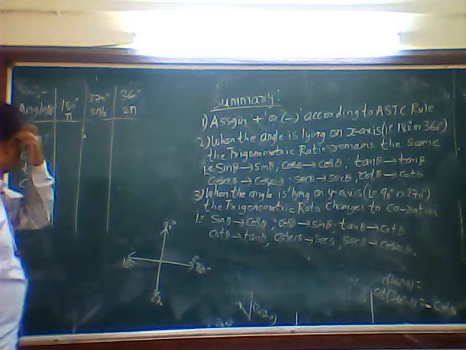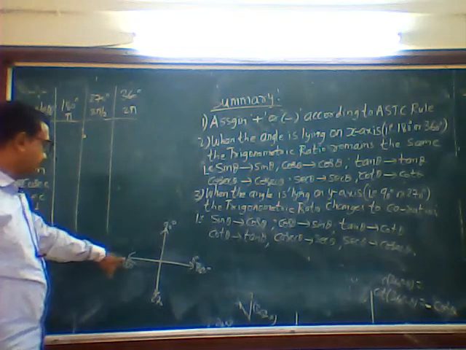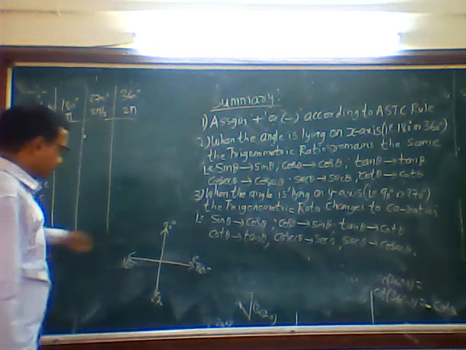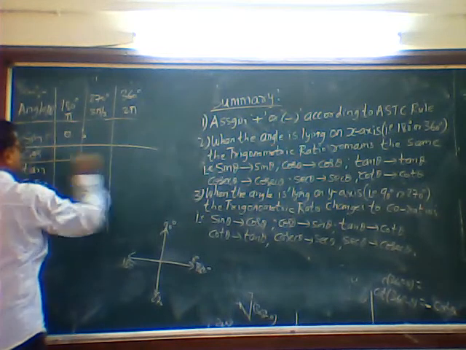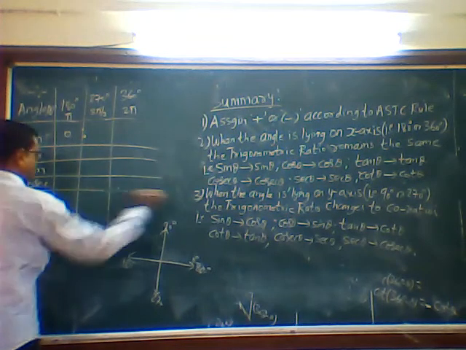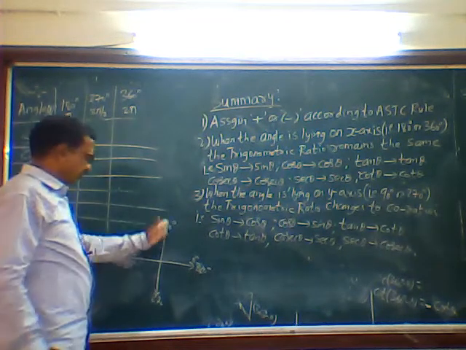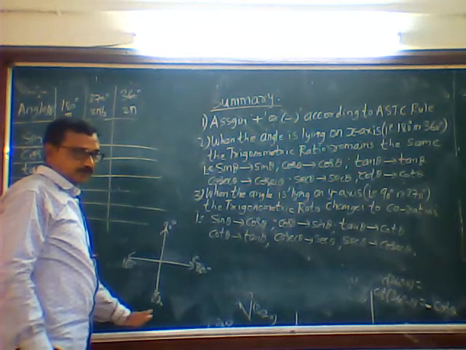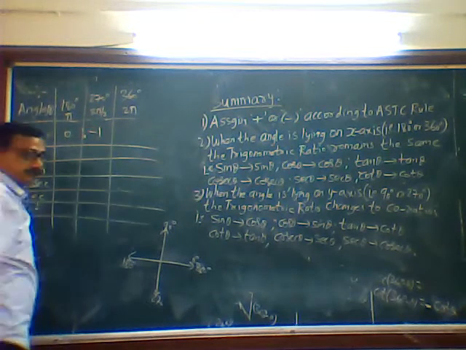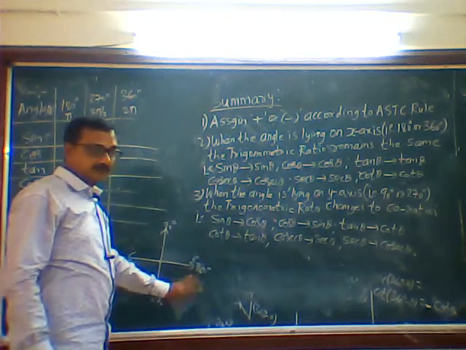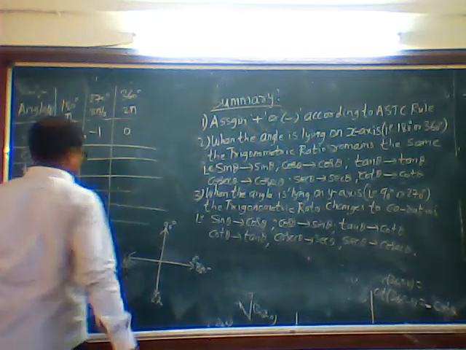Okay. Now sin 90 was 1. Then sin 180. Sin 0 was what? 0, right? So 0 and 180 are on the same line, so it will be 0. That is how you have to remember. Next, sin 270. See, sin 90 is 1 on the top. Below, y is always negative. So sin 270 will be minus 1. Again, sin 360 and 0 coincide, so sin 0 was 0, naturally sin 360 will also be 0.